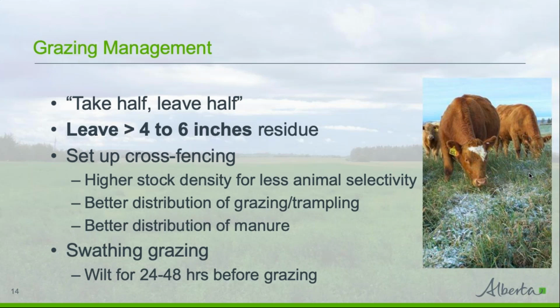mantra is a great thing to keep in mind. But in my opinion, that's not good enough. The key thing here, I have it in bold, is to make sure when you're pulling those animals out that there is at least 4 to 6 inches of residue left behind. So in other words, those cattle are only going to be taking tops of the plants, maybe the top third of the plants, maybe half if you have to get them to go that much,